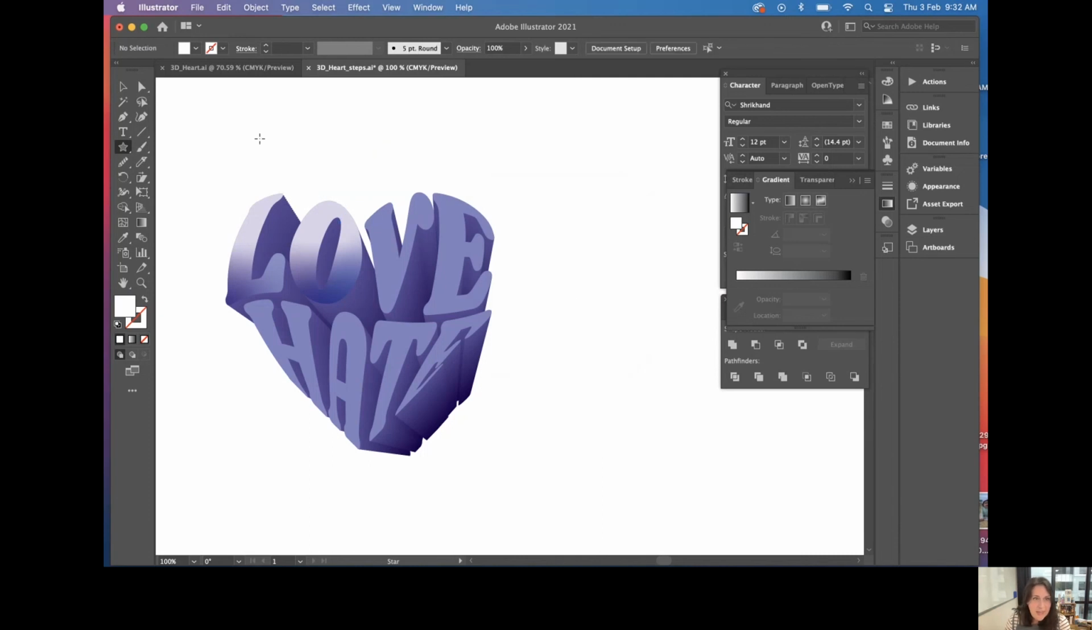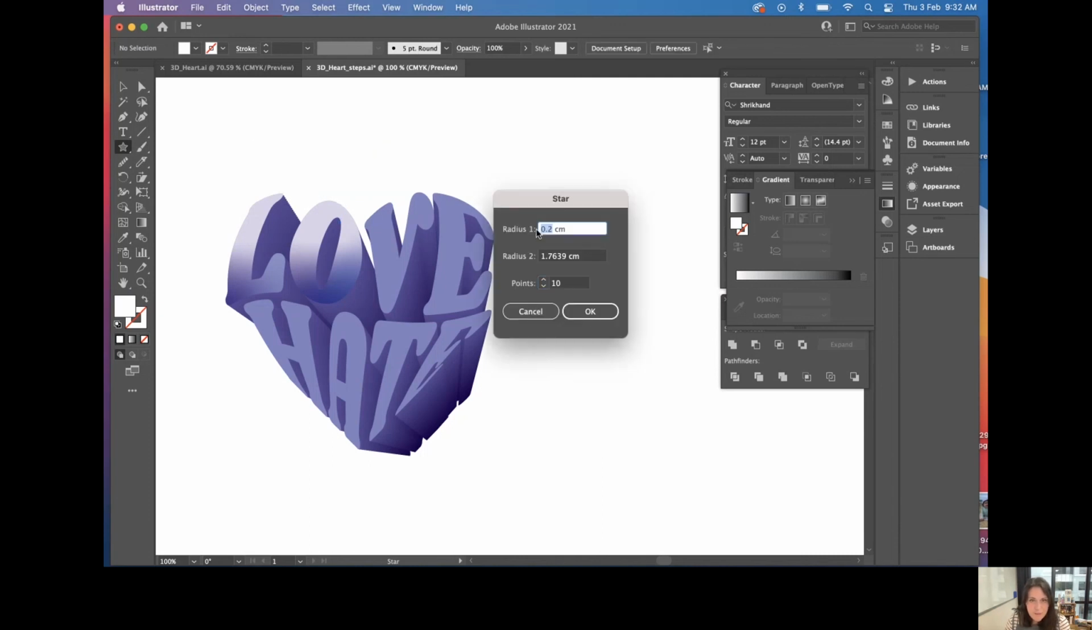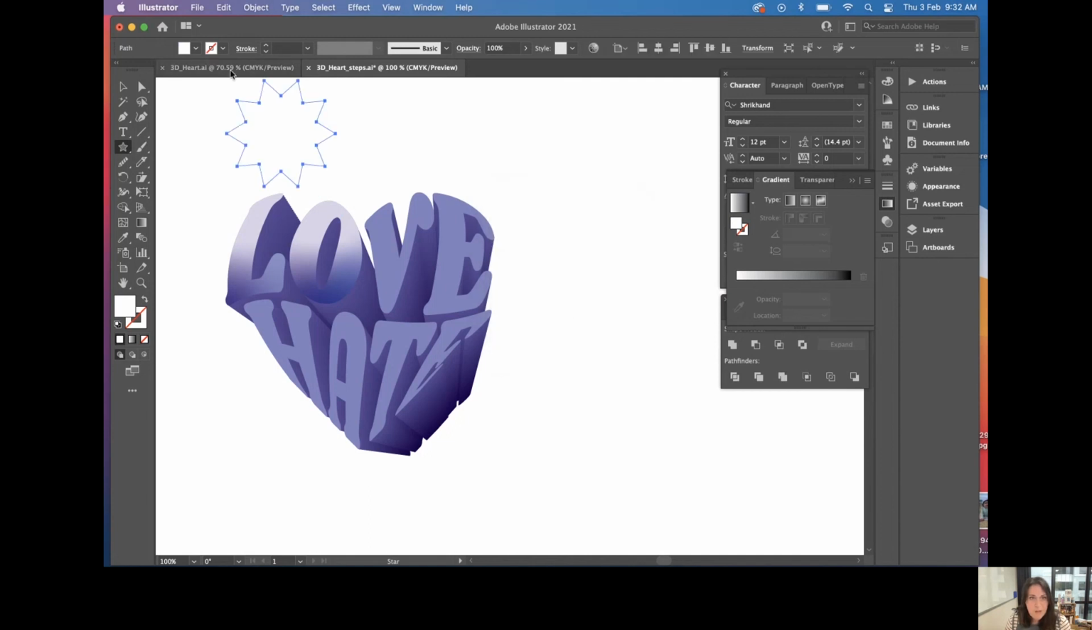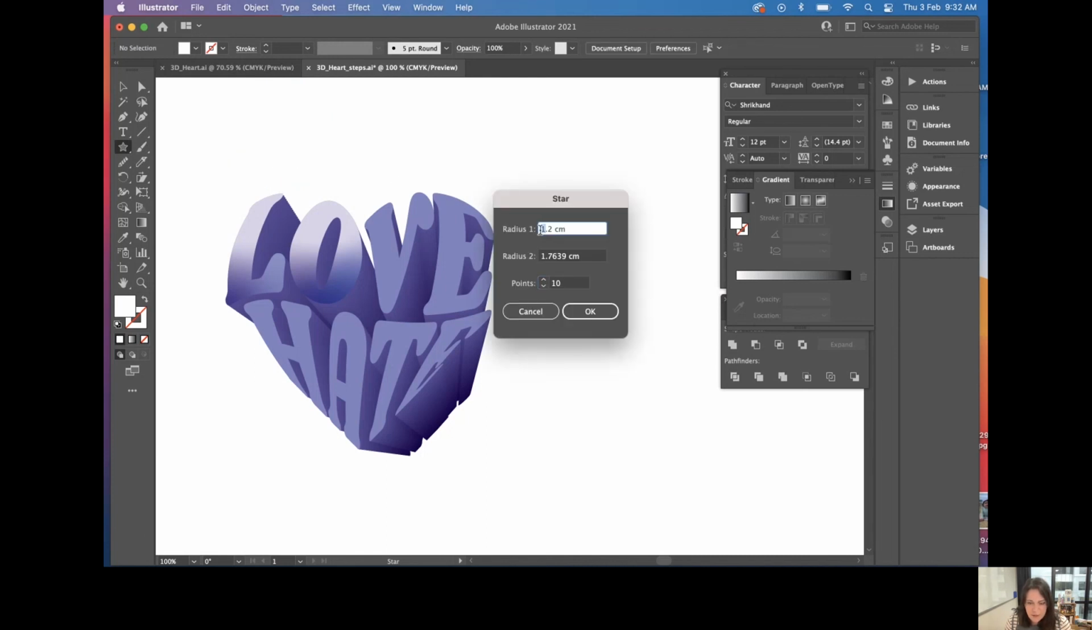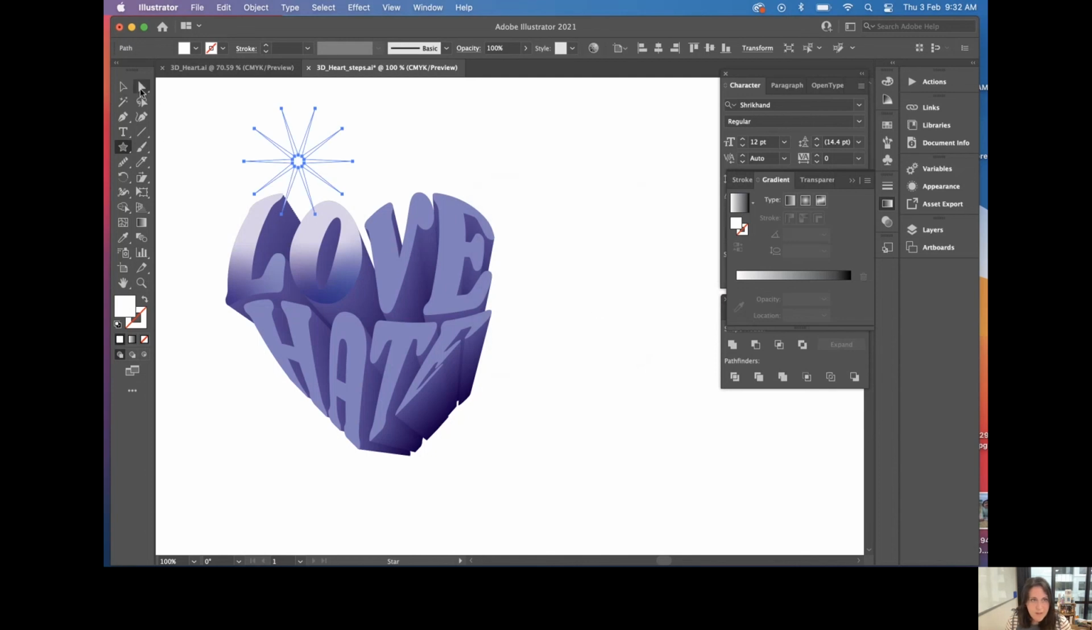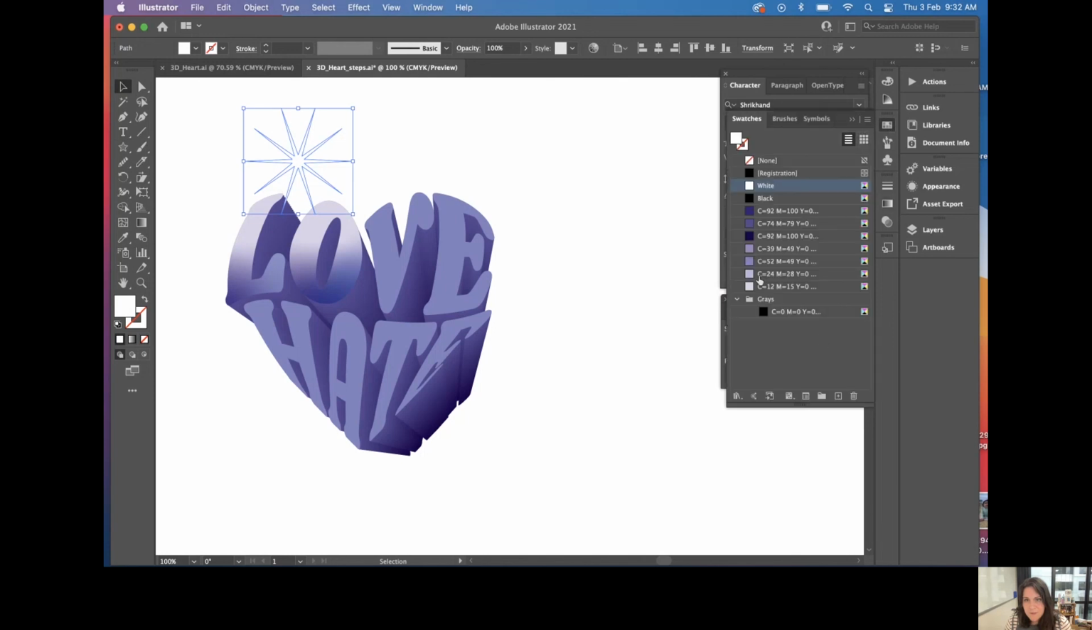So if I did that again, but I made this measurement 1.2, we've got much more of, this is almost like a bargain sticker star. So we want that first radial option to be much smaller than the second one. And then that final option is the number of points. So I want it to have quite a few points. So I've got this, and I'm going to just fill this. For the purpose of you being able to see it, I'm going to do it a light purple,